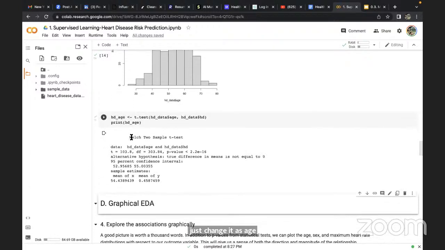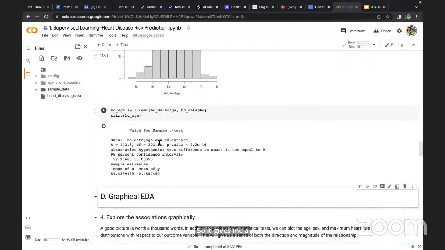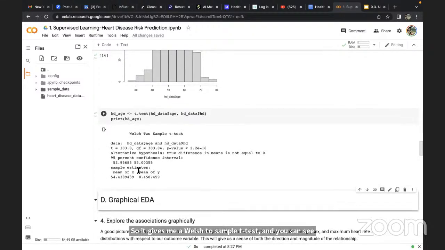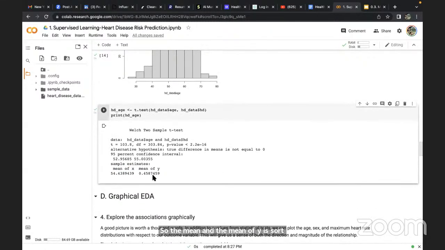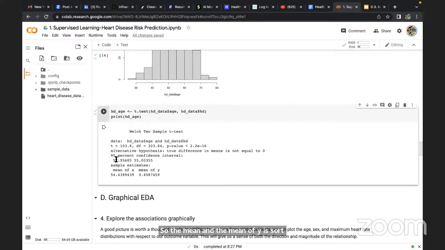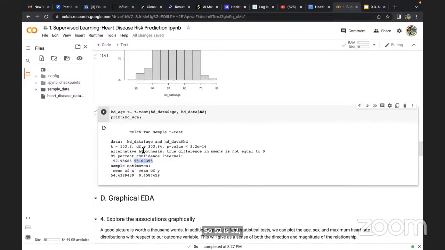So it gives me a Welch 2-sample t-test, and you can see that the mean of X is 54. So the mean, and the mean of Y is sort of 52, so 52 and 55, and here also